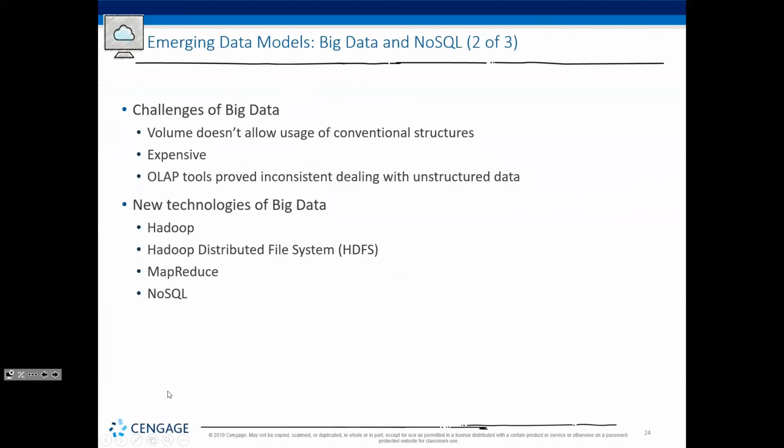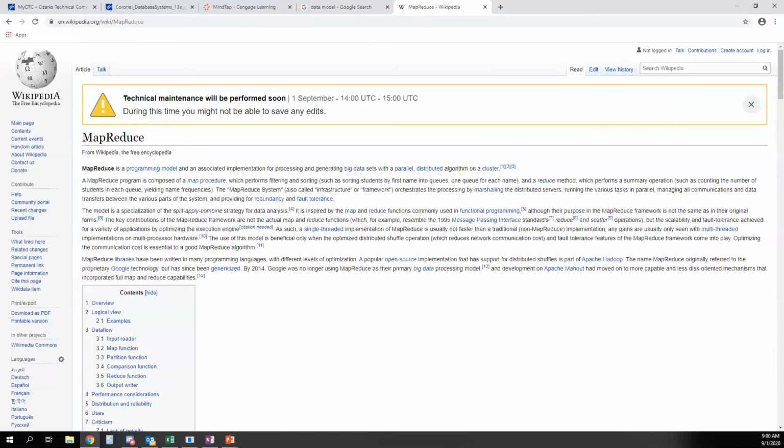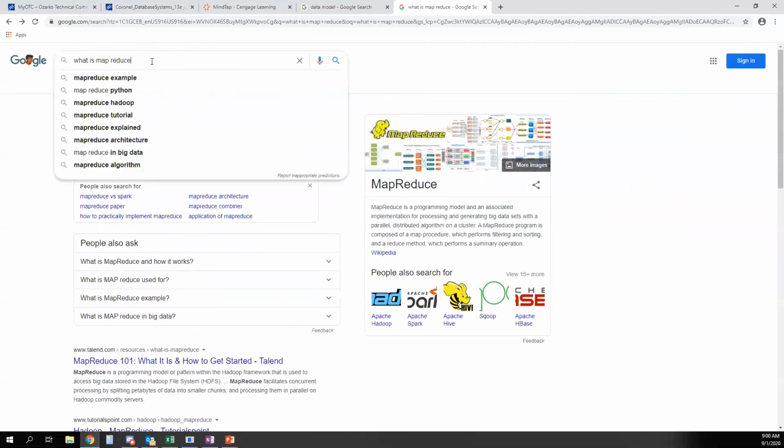And then NoSQL is, let's look, if I say it, I won't say it as well as Google would. What is